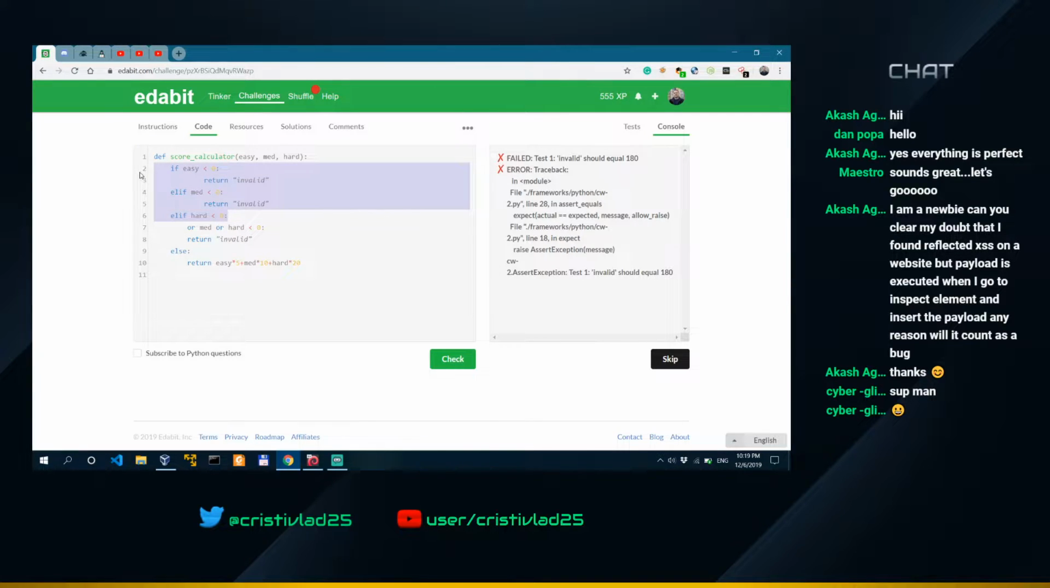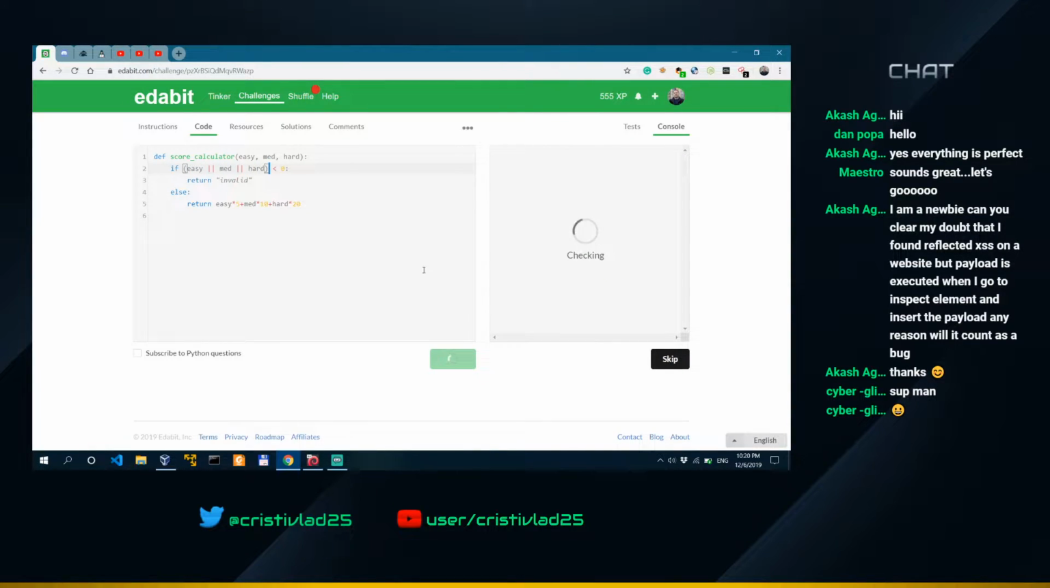Let me actually delete this and do that. If easy or, I believe this is how you write or in Python. Might be wrong. Or medium or hard smaller than 0, then we return invalid. Let's actually put them into parentheses. Maybe this is not the right way to go about it. So this is the or, but the literal or, this should go as well. I don't know why it doesn't work with or. Because with and, whenever you are using and, it usually takes this end and this end, so both of them. But anyways,